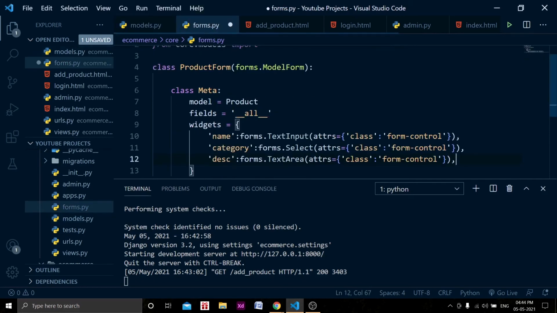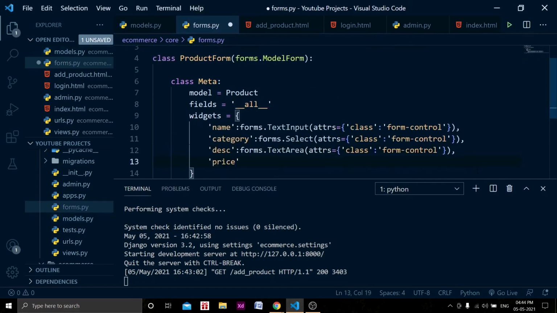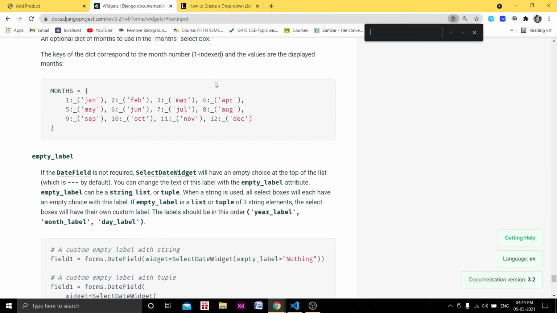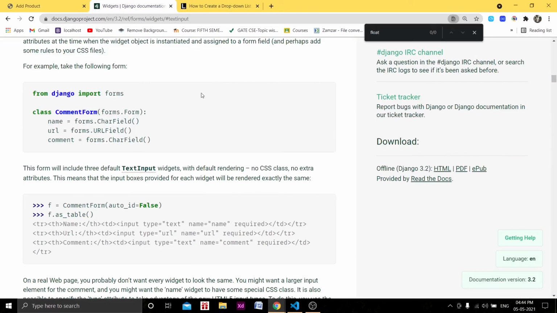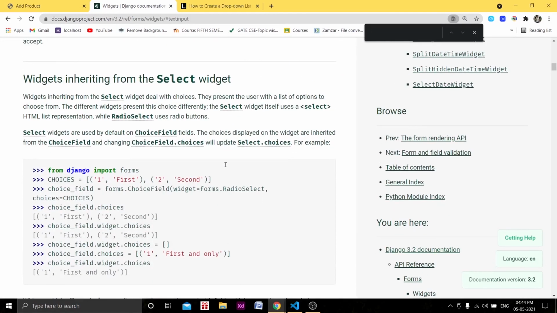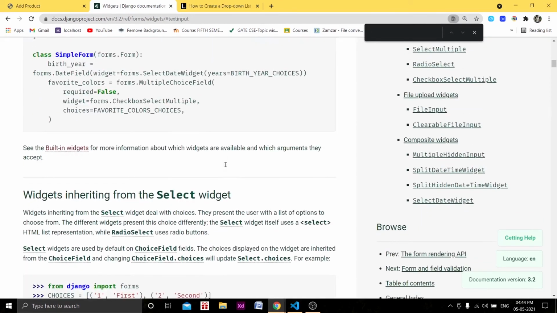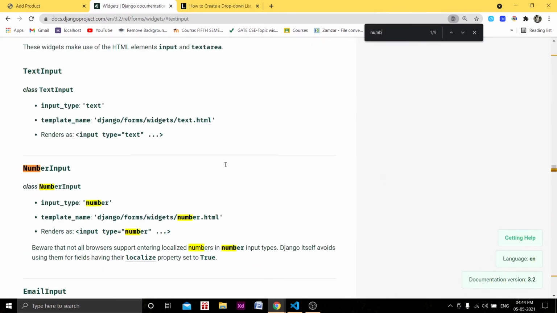For price, I think forms.FloatField, so let's check what field is there. I think a number field must be there, number input.